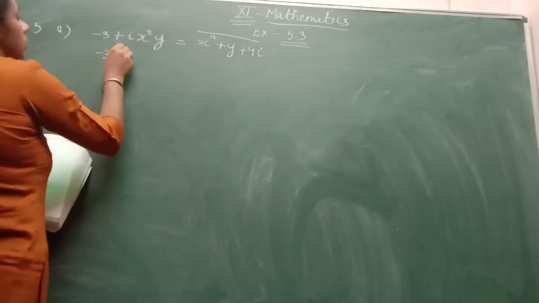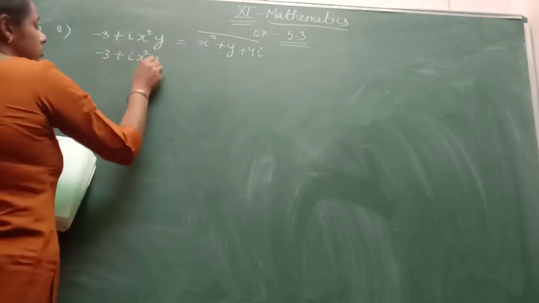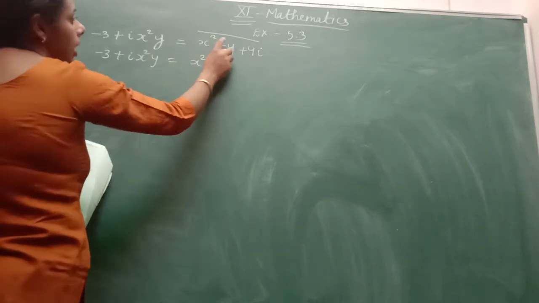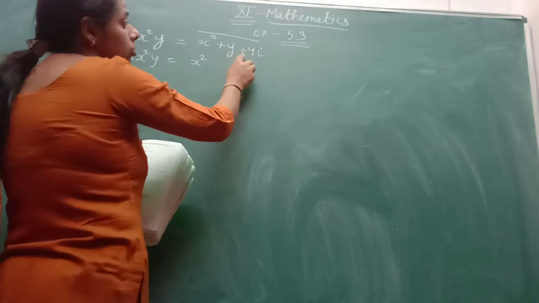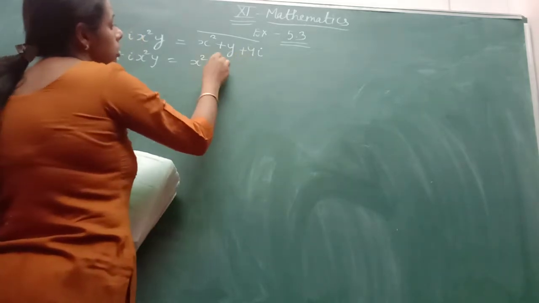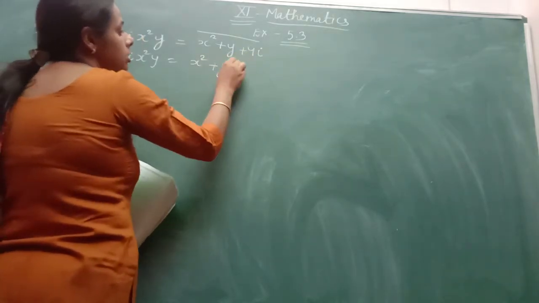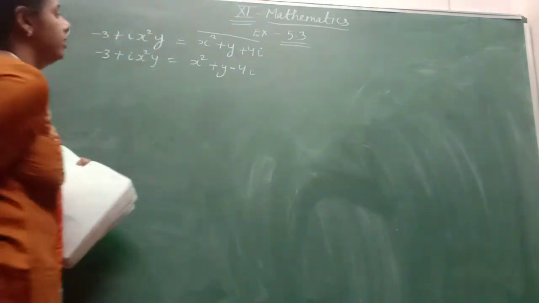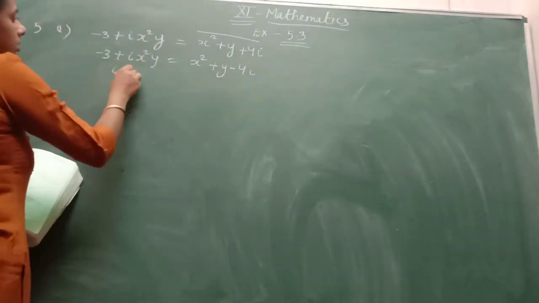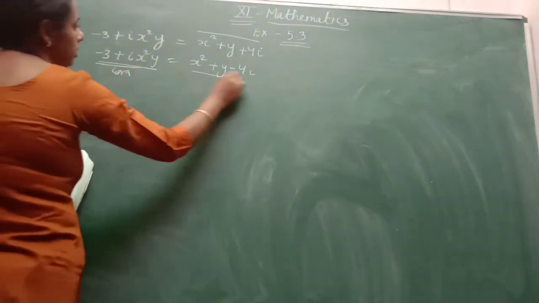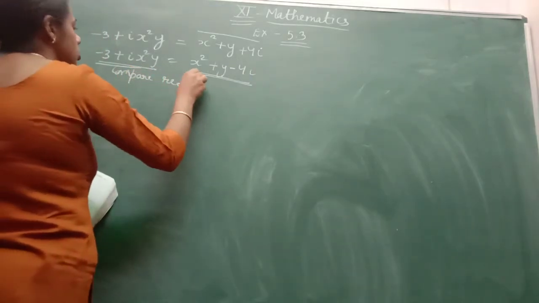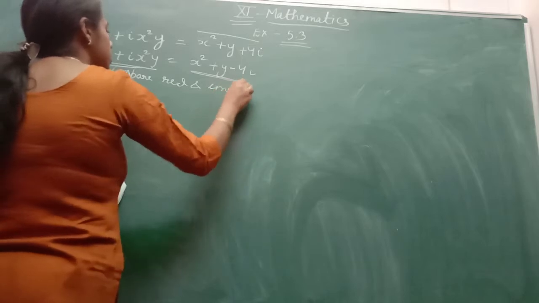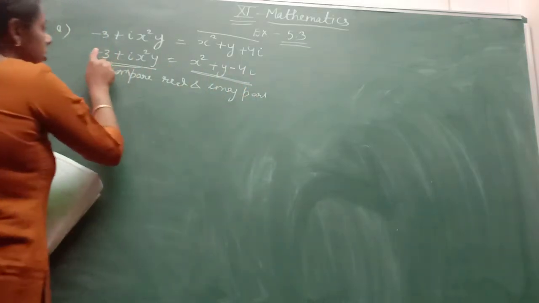So compare. Firstly, solve. As you will very well know, the conjugate affects only the imaginary part. So here this is our imaginary part, so there is minus 4 iota. Okay, comparing, since there are two complex numbers, compare real part to real part and imaginary part to imaginary part. What is the real part on the left hand side?